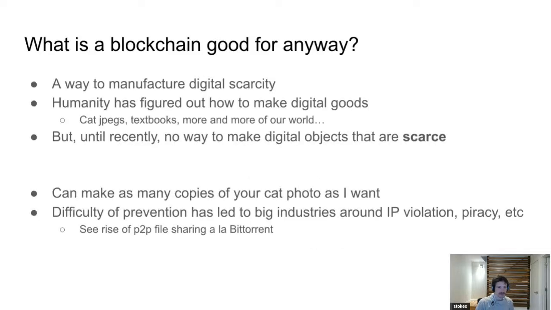Let's dive in. I want to start from the very beginning: why do we even care about these blockchains in the first place? I think the really fundamental thing that they do is they manufacture digital scarcity. In the real world, let's say I go to the grocery store, and they only have 10 apples. They can't magically make more apples. If they give 5 apples away, they only have 5.